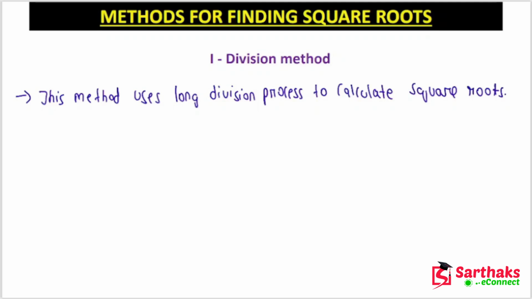Also, since its applicability is large, this method is a perfect match if you want to calculate the square root in a timely and accurate manner, right? So the first thing is that division method is the name because it uses the long division process. What is the applicability? As I said, when